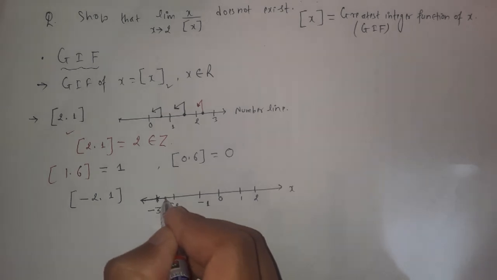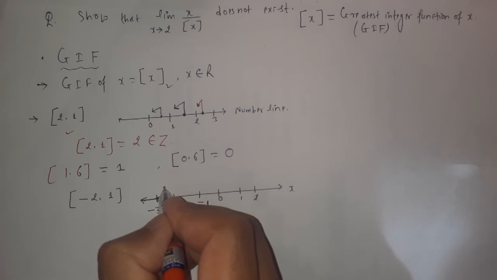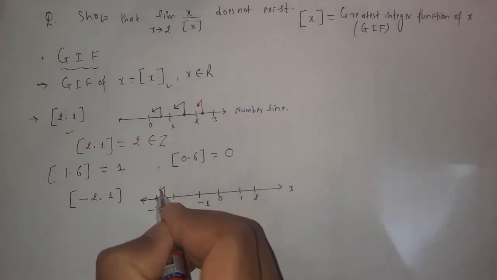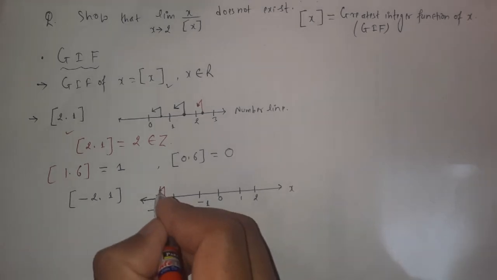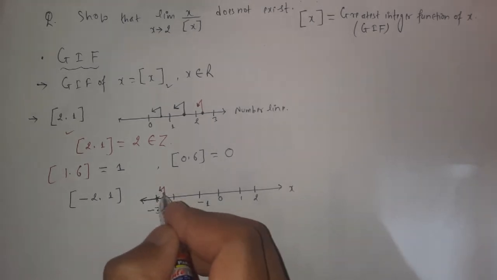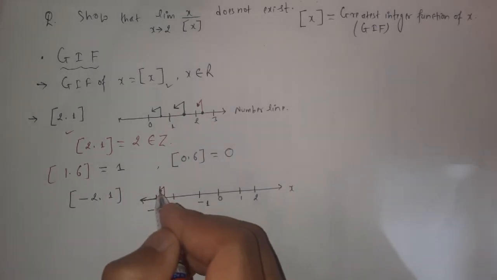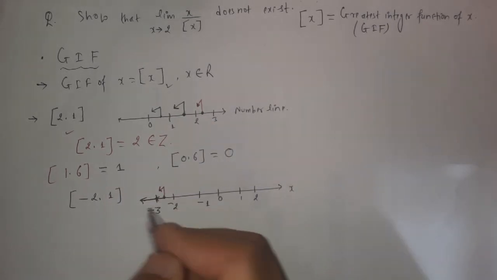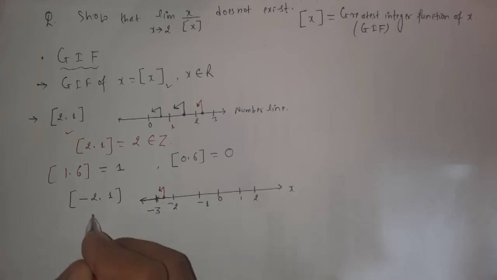Let's suppose here is the number, and then rising and looking left. If we rise and look to the left, we get an integer value, negative 3. We have to search on the left hand side in all the cases. So we rise and then look left hand side, and we observe an integer value, negative 3, nearest to this number. So the greatest integer of negative 2.1 is just negative 3.